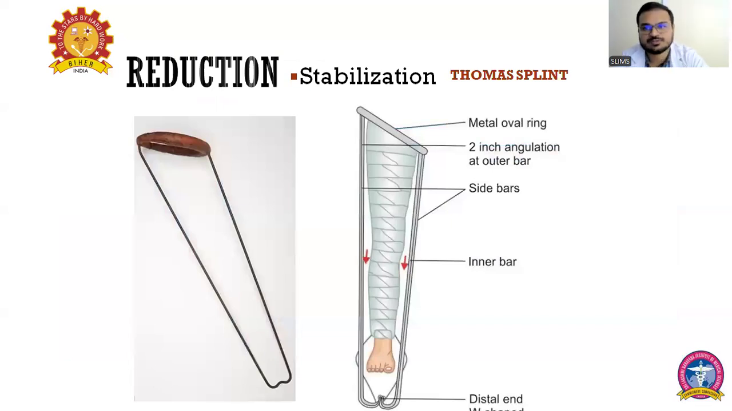So, if we diagnose a patient with a shaft of femur fracture, we always immobilize and stabilize the limb with a Thomas splint. So, this is the Thomas splint,